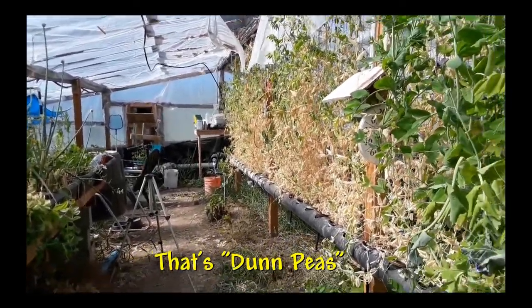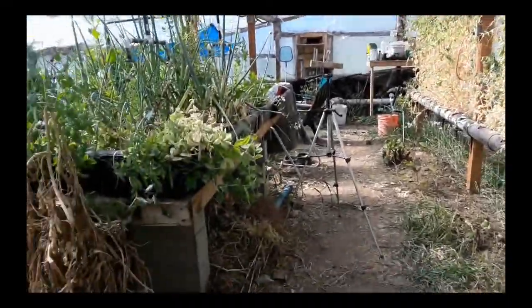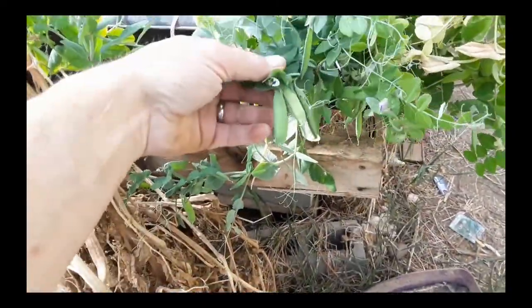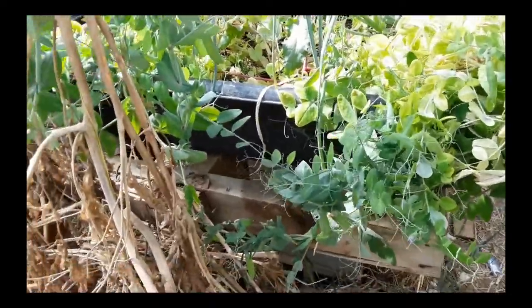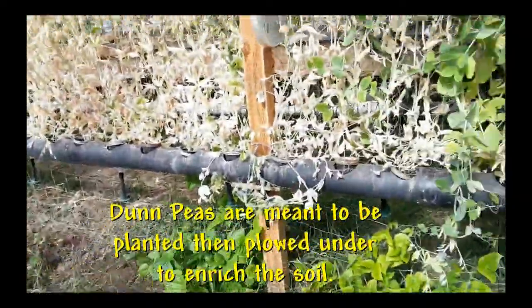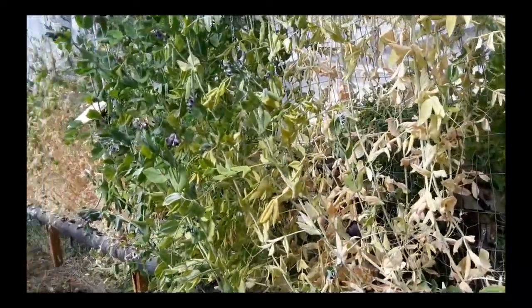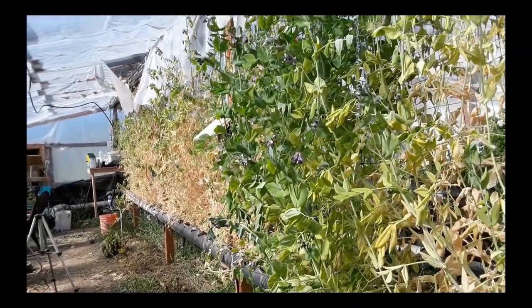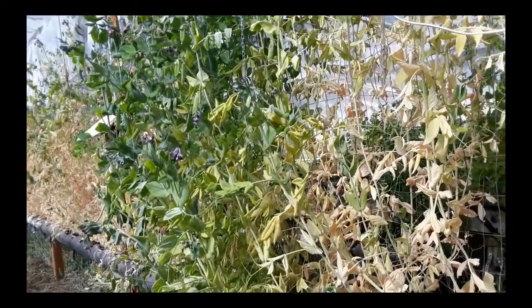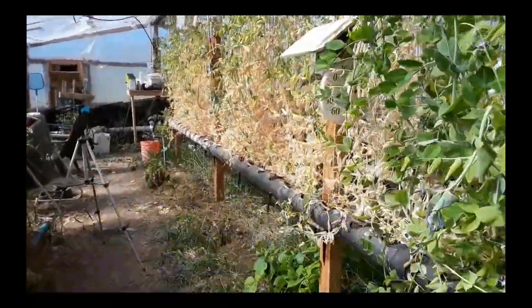And dun peas, I looked them up. Should have done this before I got started. But I looked them up, and here's some more over here. As you can see, there's some peas down here. What they're mainly for is planting as a fodder to plow under in your field. They're not meant really to eat, because I guess the fruits aren't that good, and here's the proof. Anyway, so when you plant your peas or whatever you plant, make sure you look at the research